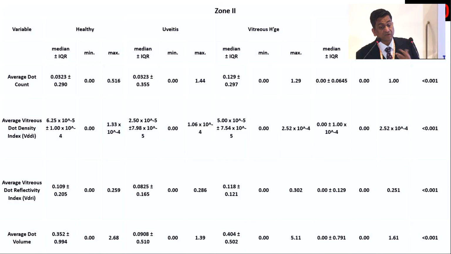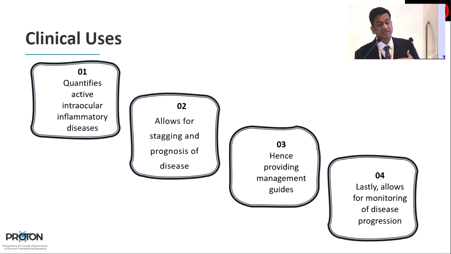And one of the attempts which we want to do under this study is to compare with vitreous hemorrhage as well. Can we differentiate, using the OCT, vitreous hemorrhage from vitreous inflammation? I don't know, but we are trying to make an attempt and see whether we can do it or not. Once again, these are all work in progress. Please don't go and use it and quote me and say that Dr. Rupesh has said this. But these are all things which we can think of as researchers.